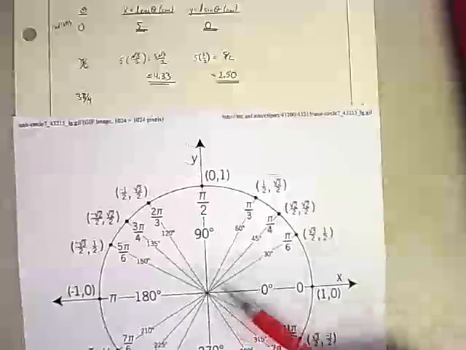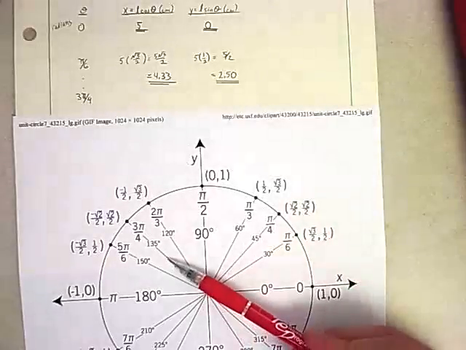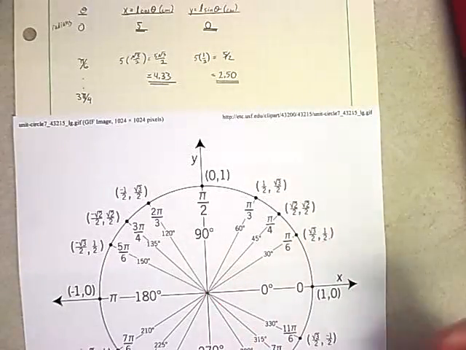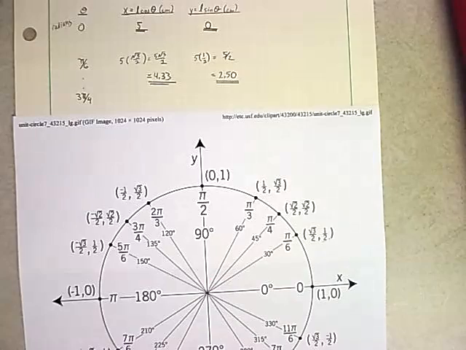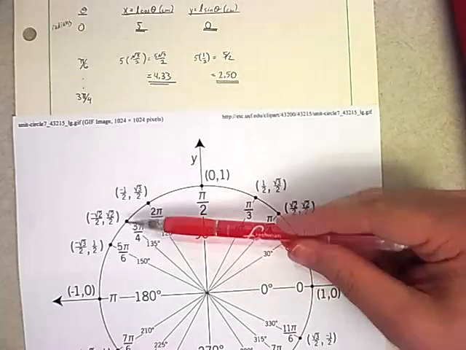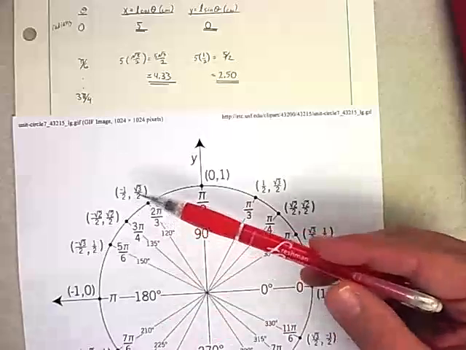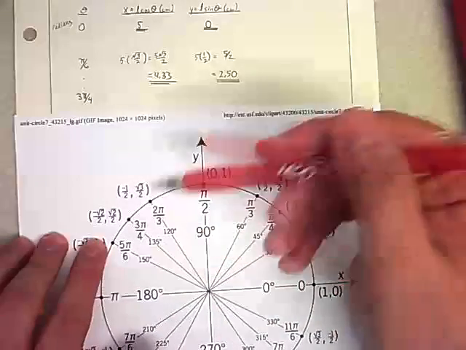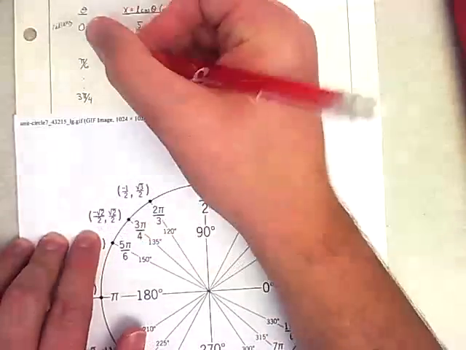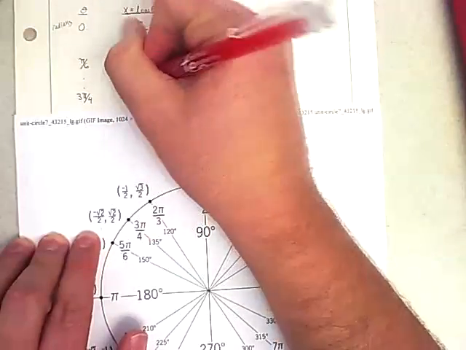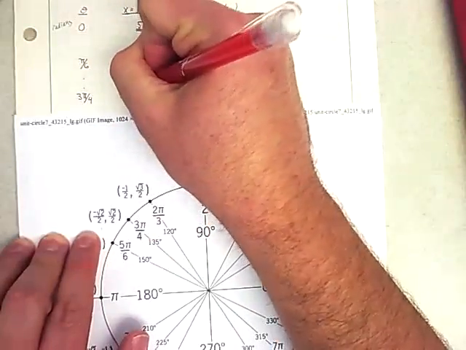3 pi over 4. We come back to our unit circle. It's over here at 135 degrees. What we notice about that, of course, is that we're in the second quadrant, so for x we should get a negative number, and for y we should get a positive number. And so if we look, 5 times, and it's negative square root of 2 over 2